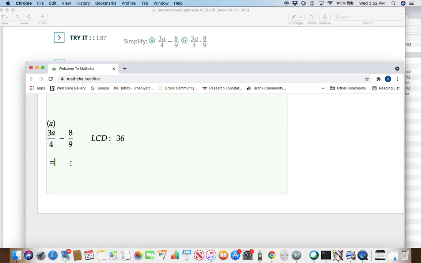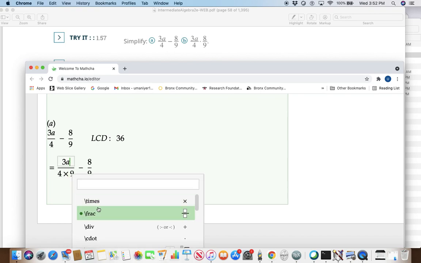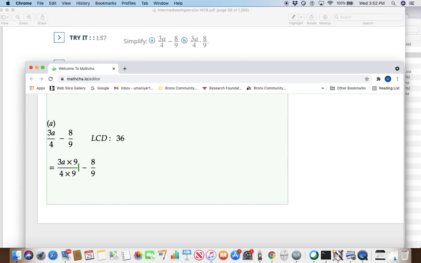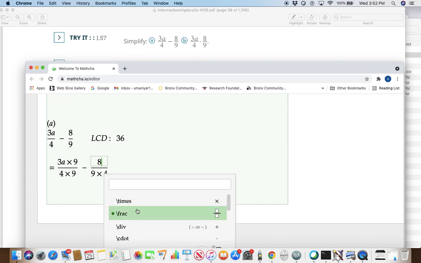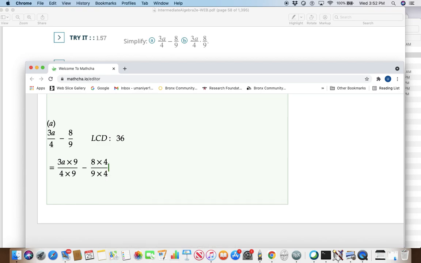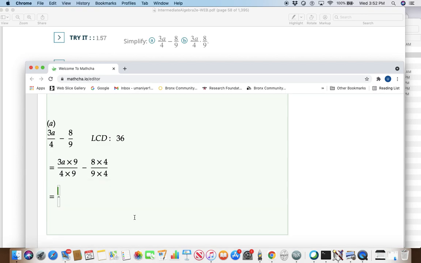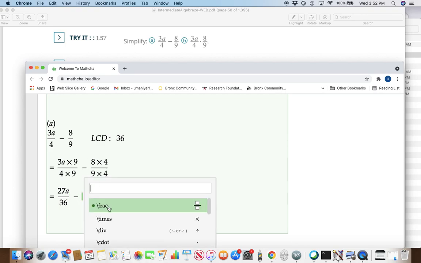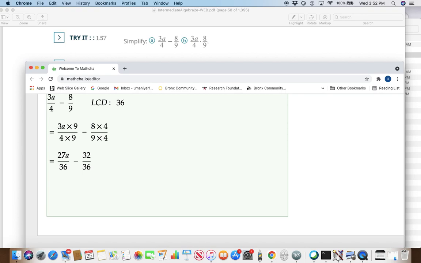your fractions to change. So 4 times 9 is 36. Whatever you multiply to the denominator, you multiply to the numerator. 9 times 4 is 36. Whatever you multiply to the denominator, you multiply to the numerator. So this gives me the fraction 3a times 9. So that's 27a over 36 minus the fraction 8 times 4, 32 over 9 times 4, 36, which eventually brings us,